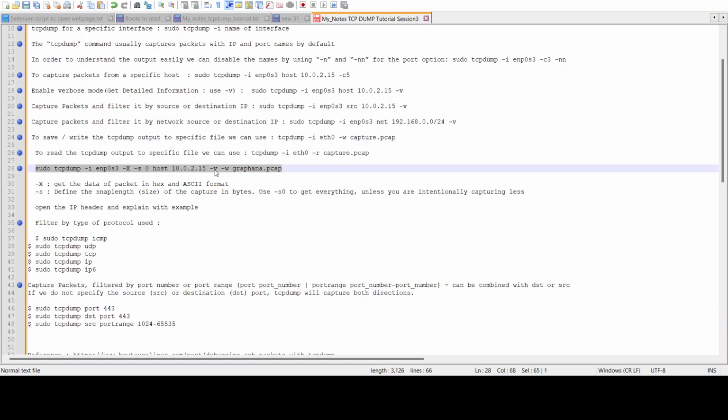Then -v once again is the verbose option, which will print the information in detail format. -w is to dump this packet information in a file, that is nothing but grafana, for example grafana.pcap. So I will fire this command and